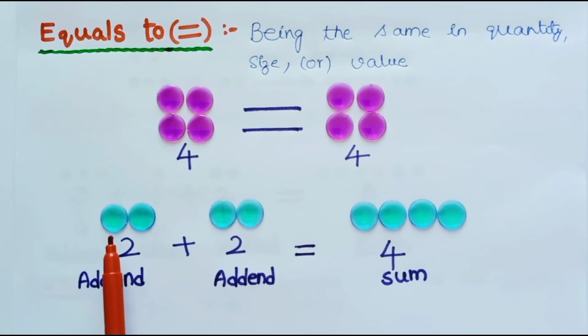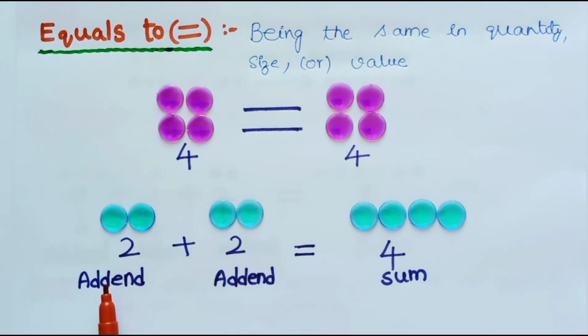Now look at this addition equation. Here also we have two sets of jetons. In the first set, there are two jetons, and in the second set also we have two jetons. When we add two jetons to the other two jetons, then totally how many jetons do we have here? 1, 2, 3, 4. So 4 can be written as the sum of 2 plus 2. So 2 plus 2 is equal to 4. So 4 can be written as the addition of 2 plus 2.